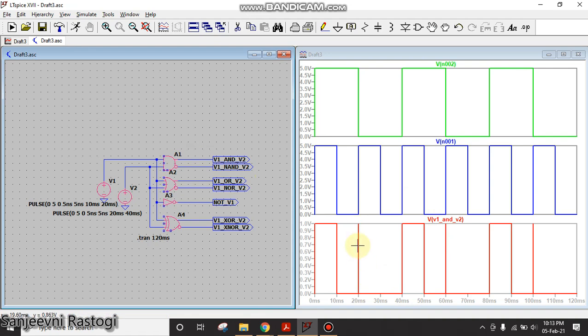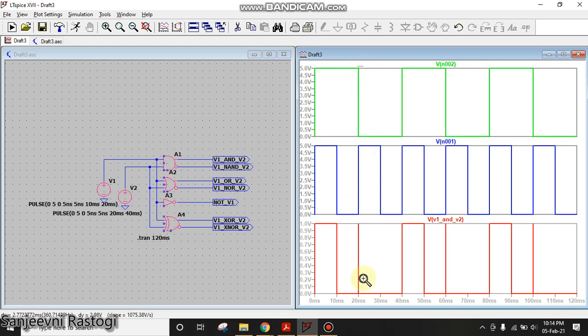Now you might see that there is one spike here. Why is there a spike? Because at this instant of time V2 is also falling down, meaning V1 is 1, V2 is also 1, and V1 is 1. Hence for a short period of time we are getting the V1 AND V2 output as 1. You can also zoom in, just left click from your mouse and drag like this. It's very small and you can zoom in.